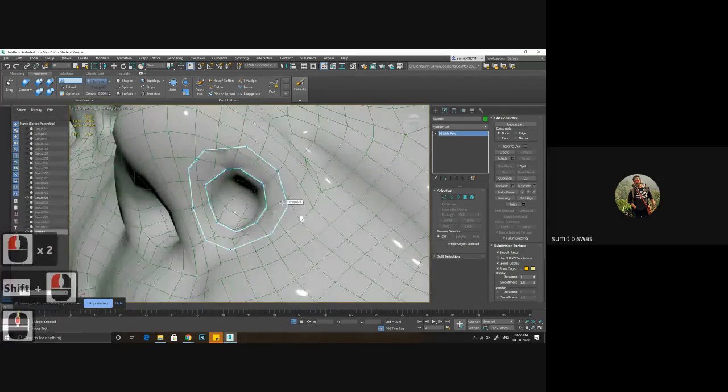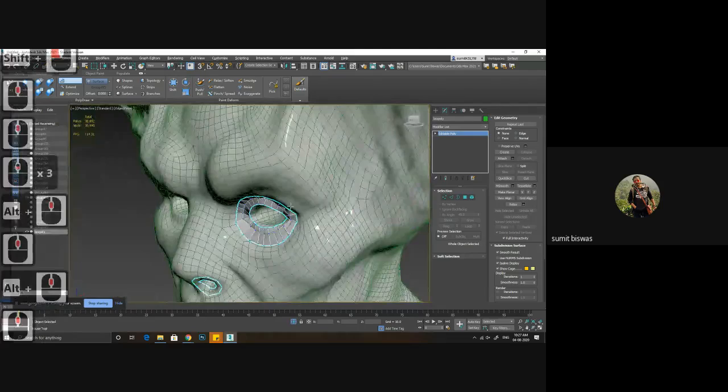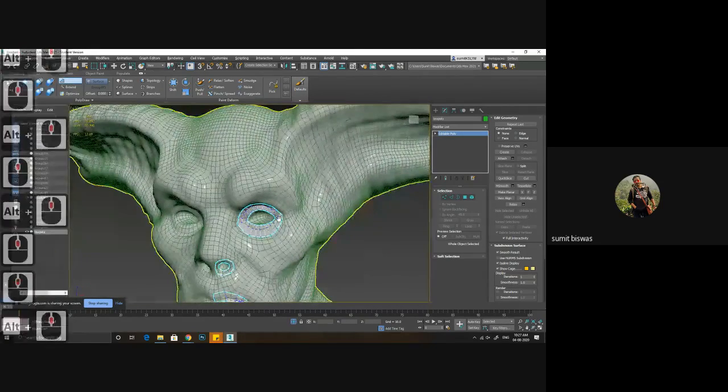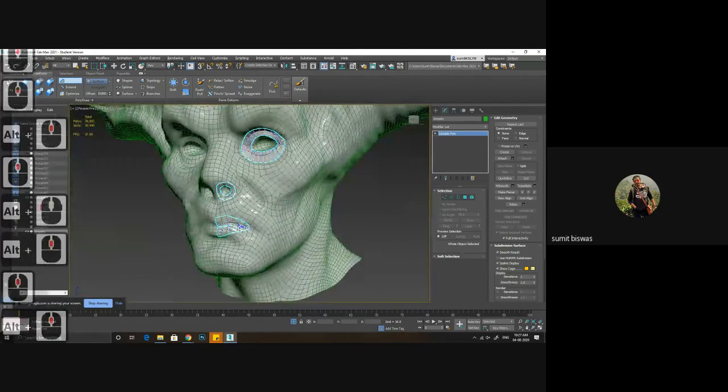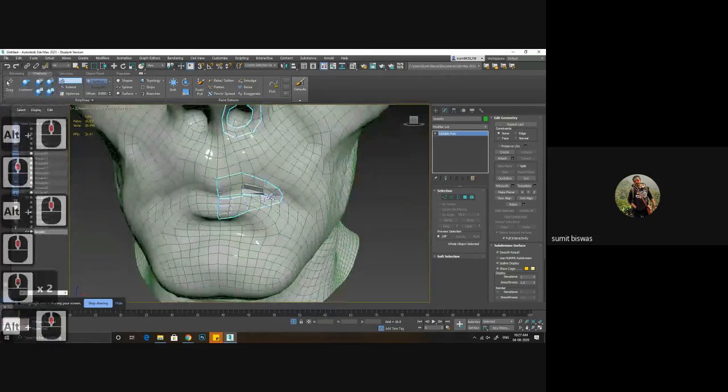After that, this loop is ready. This loop is ready. This loop is ready. Then I need to have the center loop,